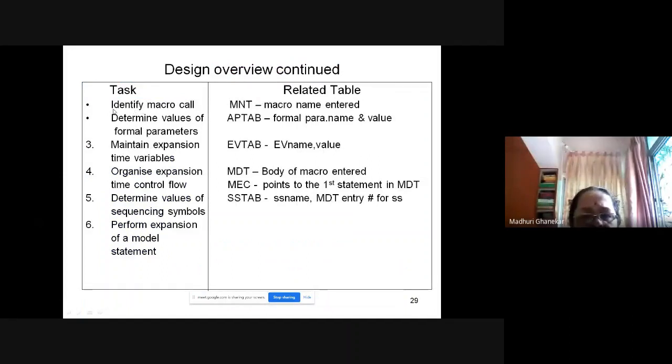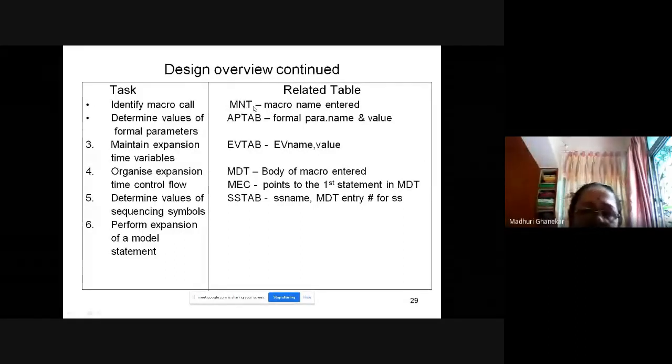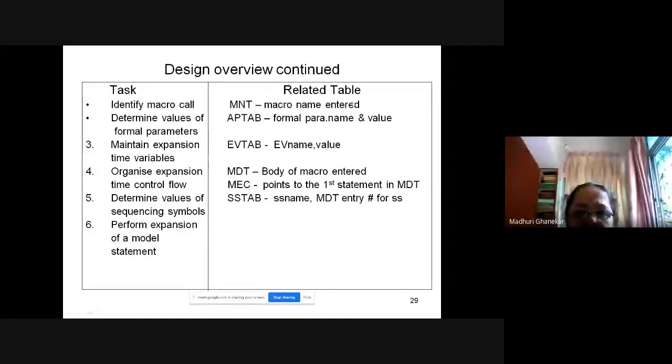So whatever I had represented in the earlier slide, the same thing is represented over here. For which task, which name table should be created? Identify macro call, MNT should be created, macro name table. The macro names are entered over here. Determine the values of the formal parameters, APTAB, formal parameter name and its value.